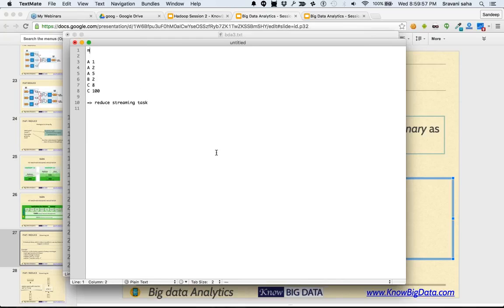So your mapper task, or mapper command, let's call it command for the time being, might produce things like C100, D100, C100, then B2, then A1, then again C8. This is a tab, by the way, so you don't get confused.